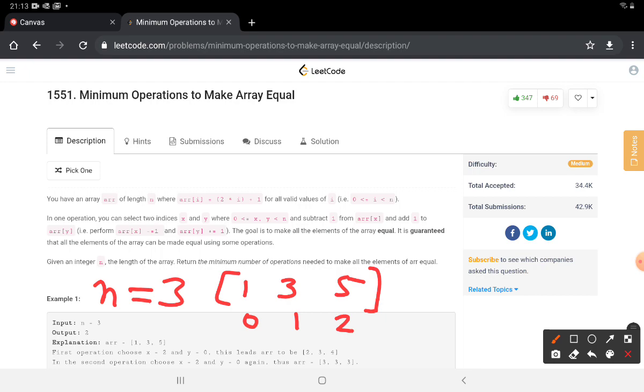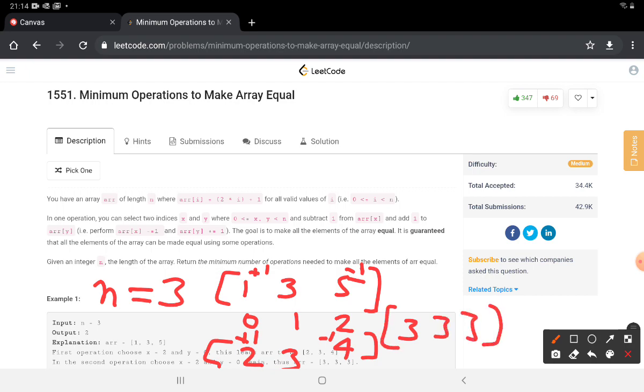For example, I can do an operation like plus 1 over here and minus 1 over here. This is considered as a single operation, plus 1 and minus 1 happening together. My array would now become 2, 3 and 4. So I have done one operation. Then I can do one more operation which would be similar. I do plus 1 over here and minus 1 over here. And as a result, my array would be all threes, which is basically my target which I want to achieve. And I was able to do this in 2 steps. So the minimum number of operations that I needed to do this was 2, and that would be my answer.